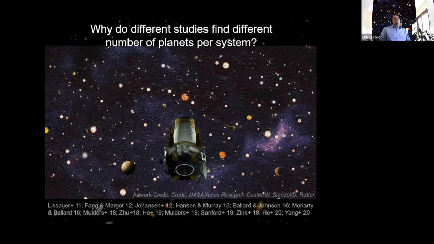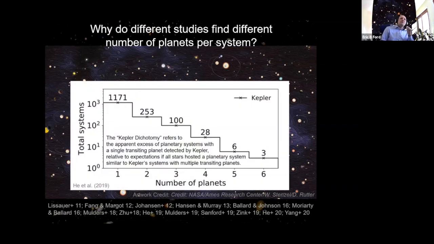So why is it that different studies find different numbers of planets per system? There are several effects that come into play, but one that's particularly important to appreciate is the number of planetary systems that have a detected number of transiting planets. On a log plot, it may look pretty boring, but if you start at the right edge here, where you have a few planets, as we go from 6 to 5 to 4, the rate roughly increases by a factor of 4 or so to 100. And then as you go from 2 to 1, it shoots up much more rapidly.